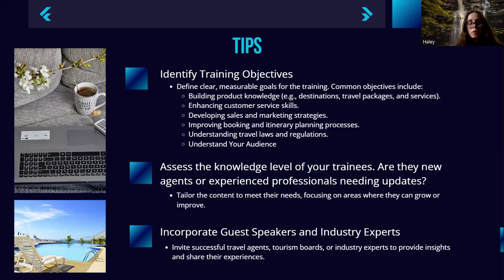You also want to take into account, if you're doing vendor trainings and such, bringing in corporate guest speakers and industry experts. Have a guest appearance from someone that knows a little bit more about that than you. That is a great way to bring something new to your trainings, as well as new knowledge that we might not have. There are a few trainers out there that actually have trainings where they bring guest speakers on, and they're really neat.